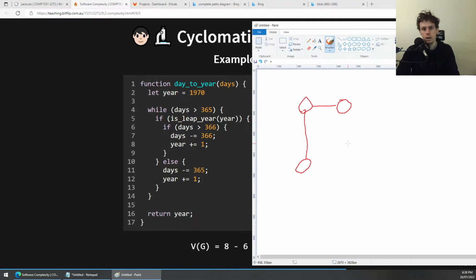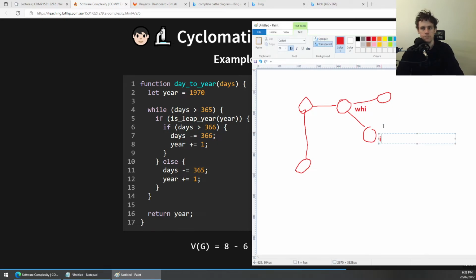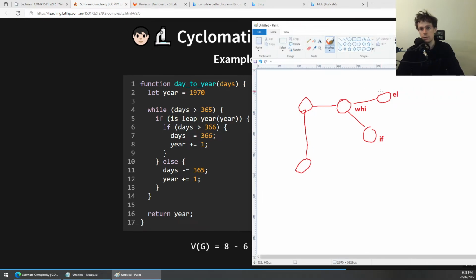Once you are in the while loop, you have two options: you either go to the if statement or the else statement, and inside that block, there's no other real alternative. Let me just write these out here. So we've got while, we've got if, and we've got else. If you go into the else statement, once the else statement's done, you end up